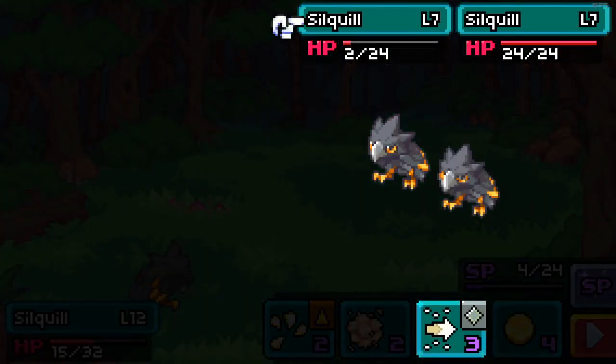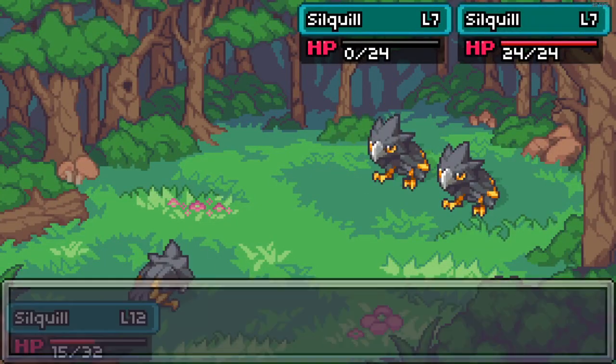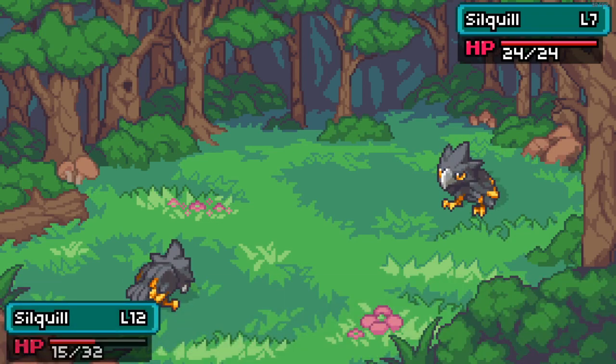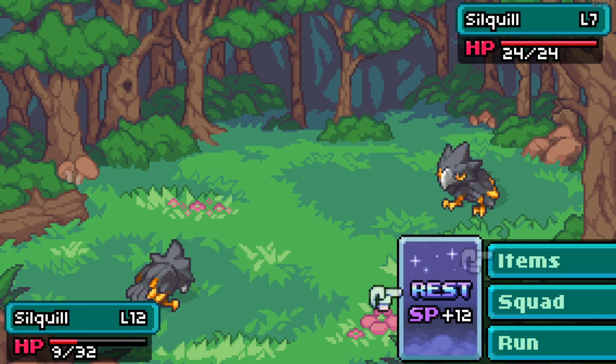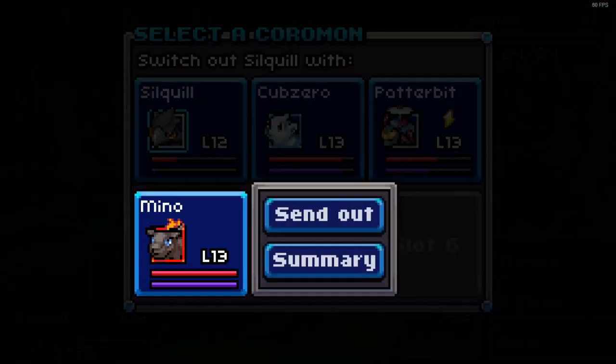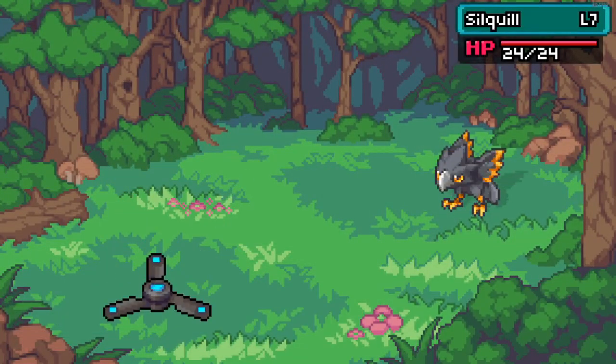We're going to fast strike him, and hopefully that's going to knock him out, and then I'm going to be able to take care of the other one. Hoping that it's not going to... Okay, switch. They're going to go ahead and switch now. I can pull out my Mino. Let's go ahead and pull out my Mino. He hasn't even had a fight yet, so...